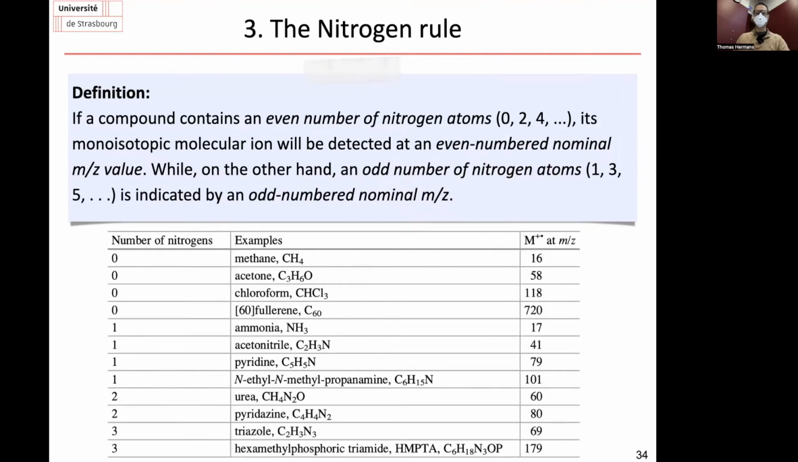Let's look at some compounds. Methane, acetone, chloroform, fullerene have no nitrogens, so their mass is even. These are all even numbers. Now, if I have compounds with 1 nitrogen, ammonia, acetonitrile, pyridine, then the mass is odd: 17, 41, 79, 101. And if I go again to an even number, like urea or triazole, the mass becomes even again. So it is an indication, but